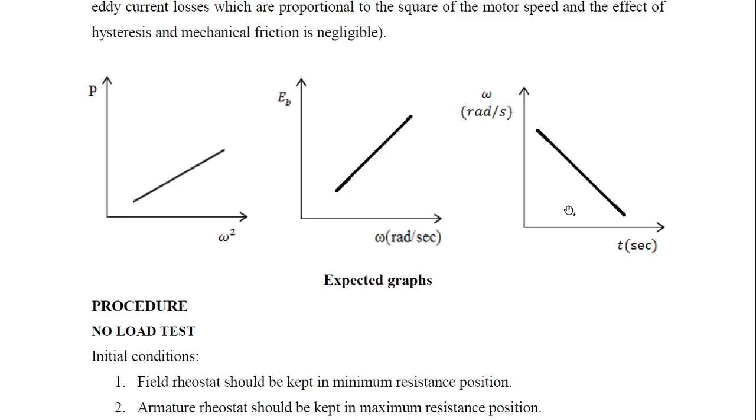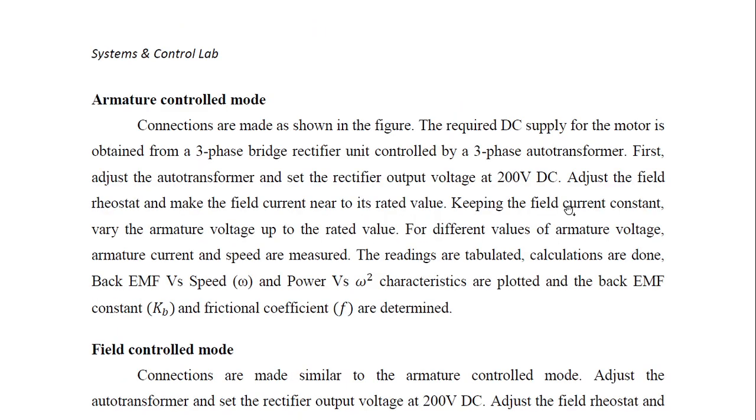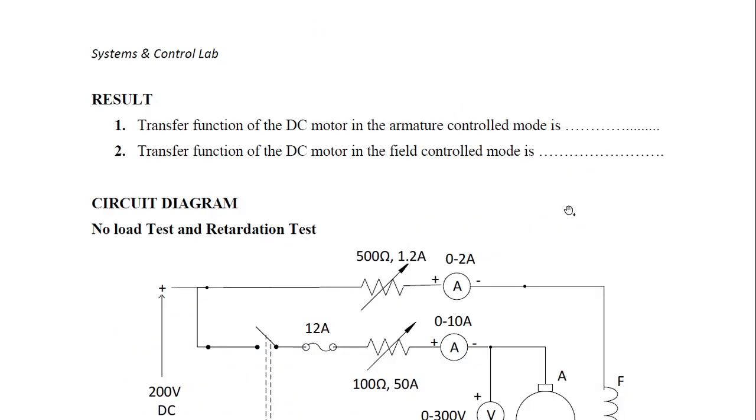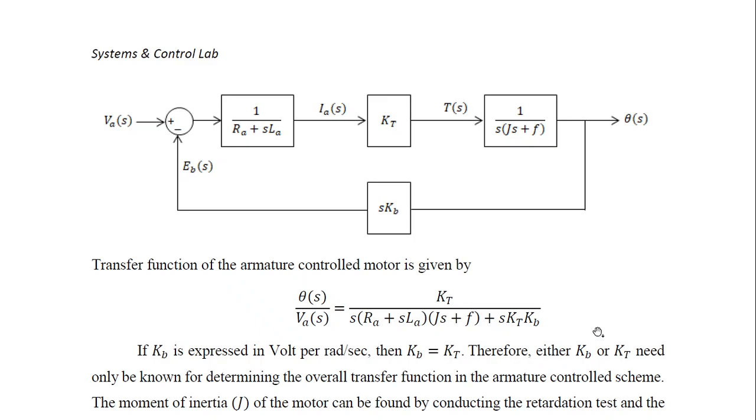And the slope of that graph corresponds to the value of moment of inertia J of the DC servo motor, of the given DC shunt motor. So you have the value of J also. In this way you have to complete all the experiments, so that you will get the value of KT, then KB, then F, then J,